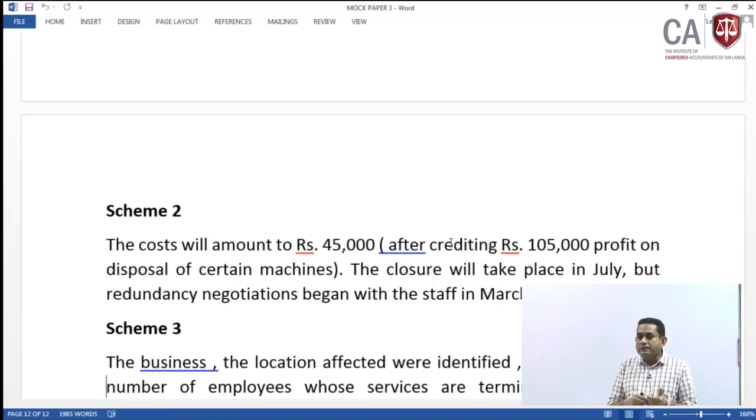So, now even the staff members have been communicated regarding the plan, a valid expectation has been created in the minds of the affected parties that the entity is undertaking their responsibilities to pay off the compensations. So, a constructive obligation exists on the reporting date,